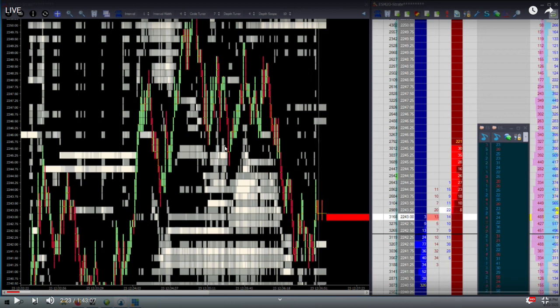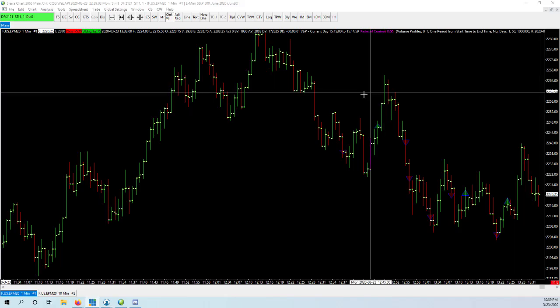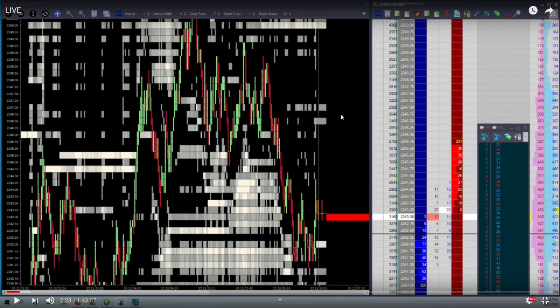So I can see the heat map on a 2-second or 1-second, and I can see more of it because I want to see these micro movements, these micro pivots, which you're not going to see all of them on the 1 minute. So there's more noise in here, but I need to know what the noise is. I need to know everything tick by tick. I mean, obviously I'm taking trades that only last a couple seconds, if that. So every little thing is pretty important to me.